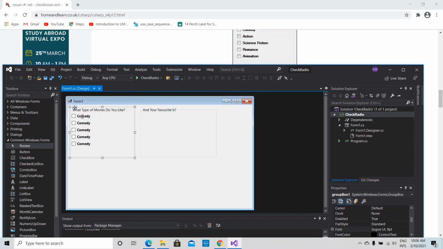Okay, then this one comedy, then the text property of this